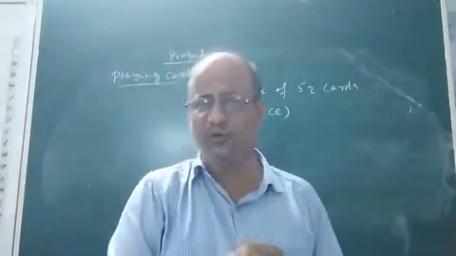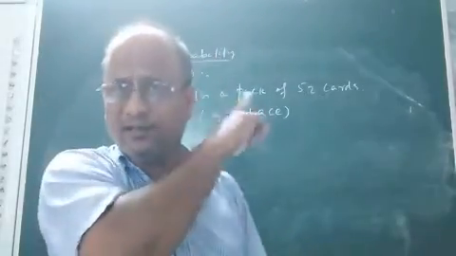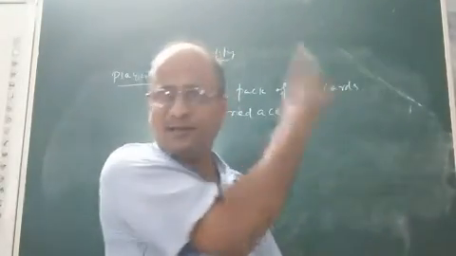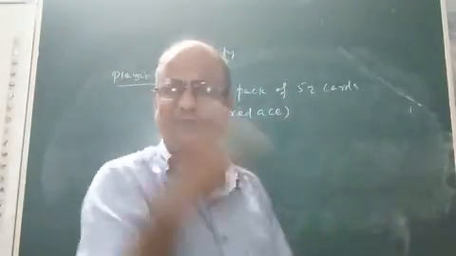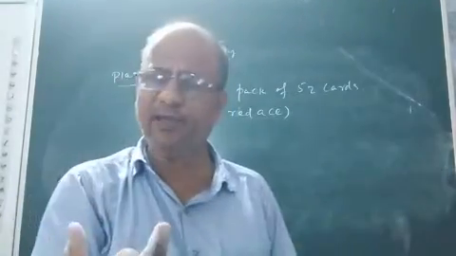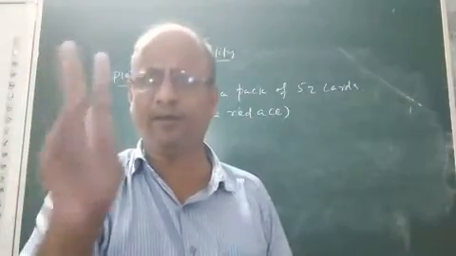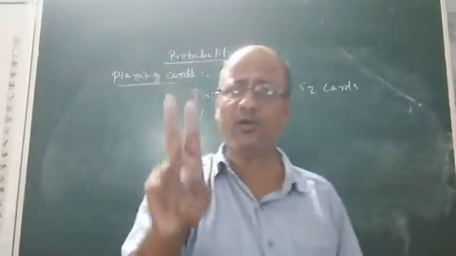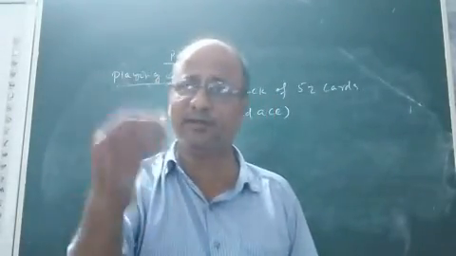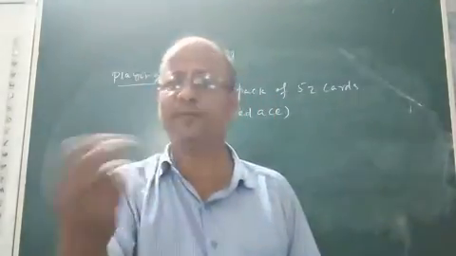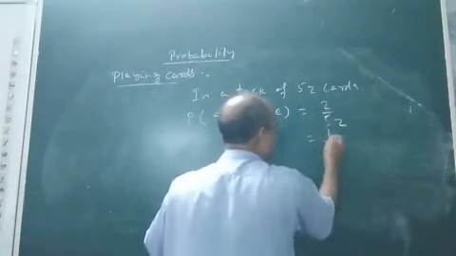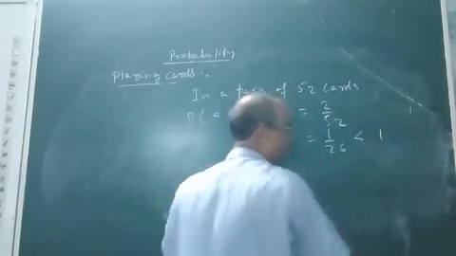And the answer is clearly 2, because you will find one red ace in the suit of hearts, and another red ace in the suit of diamonds. So there are a total of 2 red aces in a well shuffled pack of 52 cards. So definitely the number of favorable outcomes of getting a red ace is 2. And what is the total number of outcomes? It is equal to the total number of cards, that is 52. So it will be 2 by 52, that is 1 by 26, and it is clearly less than 1.